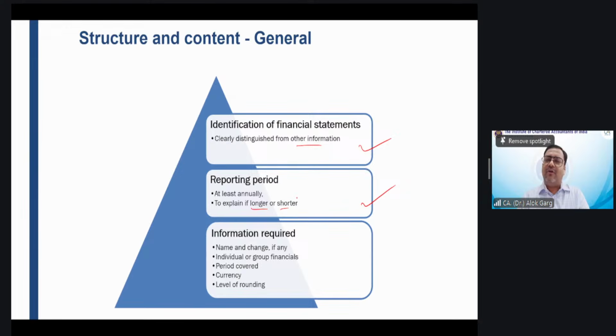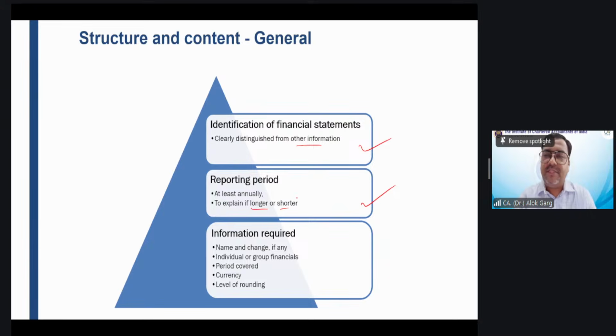When can a reporting period be longer? In which situation can a reporting period be of more than 12 months? Or in which situation can the reporting period be less than 12 months? For example, the company is a newly incorporated company. In the case of the first year, they have incorporated in the month of January. So instead of presenting their 3 months accounts, they can present their first accounts under Ind AS for 15 months. Okay. So the period is longer. So the company is required to explain this in the notes to accounts why the period is longer.